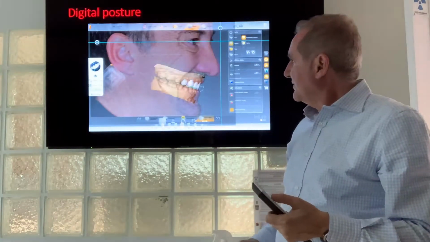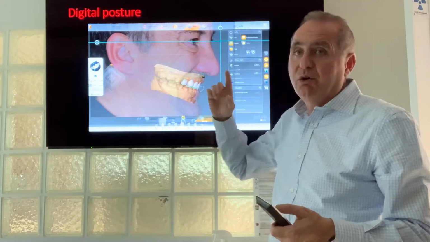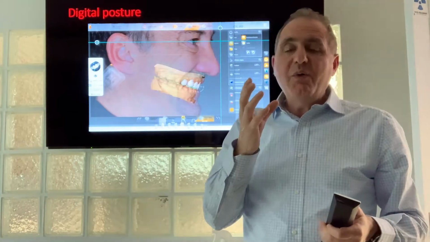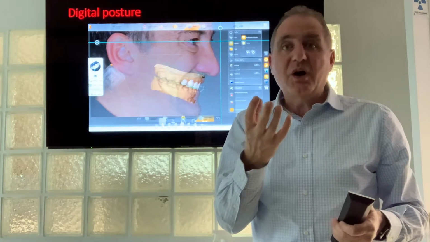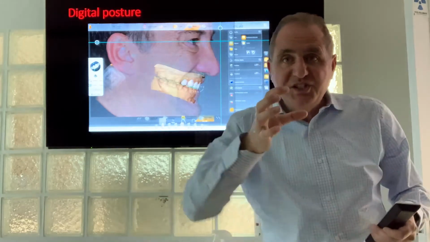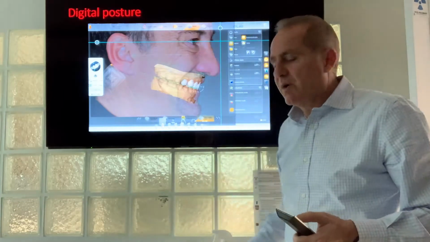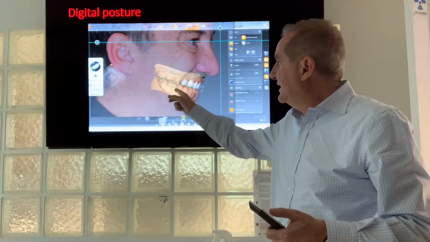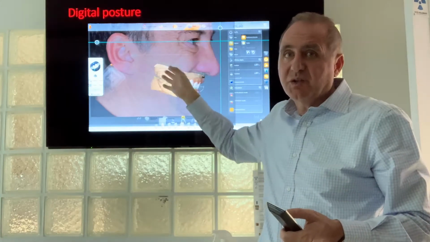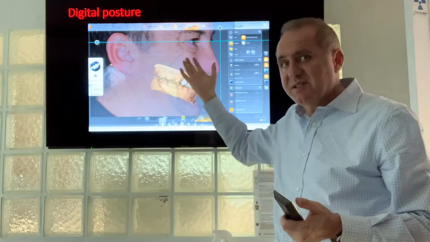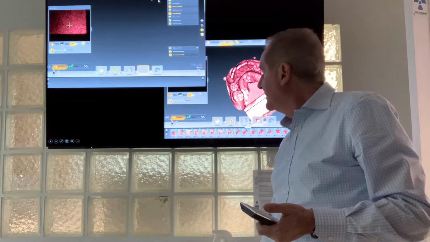So, this is the way we have it digitally on our CAD/CAM system, and we can also tell you digitally how we can control this posture. How we can control this vertical dimension, or how we can control where the positioning of the mandibula is and the movement of the mandibula digitally. So what we do is that we have the upper and lower with the face. We can have it on the sagittal side or on the frontal side as you like. This is a photo only on the sagittal, and just to show you also here that